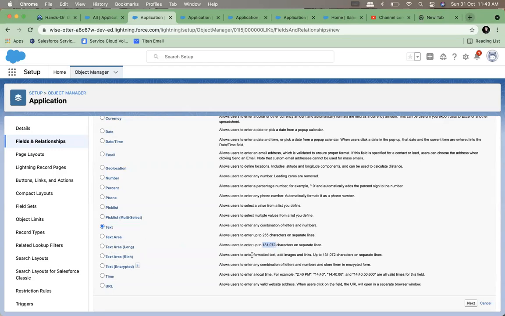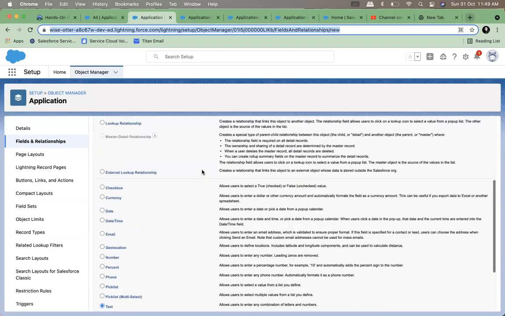Rich text area is where you can make the text bold, italics, underscore, put images, links, but you can format the text. Text encrypted is where you cannot see the data. Time is just the time part, 9:30, 8:30, and URL is basically what you put in the browser. Right? So these are all the fields.